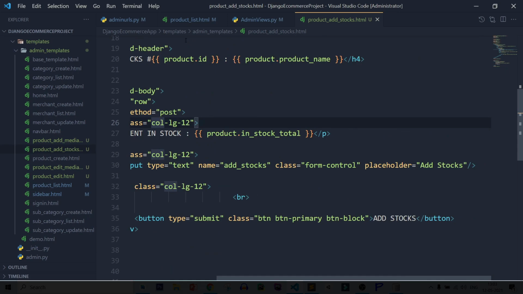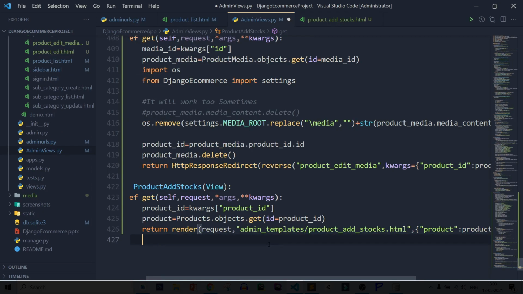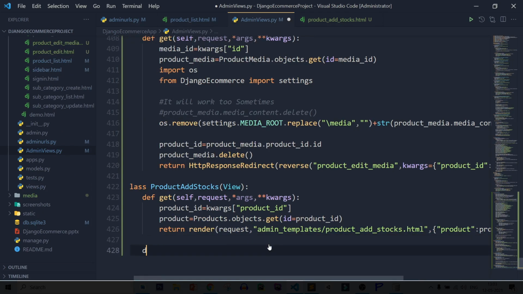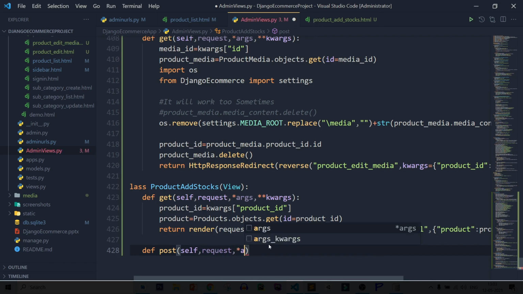So let's see, admin view, in post method, define post, self, request, args, and kwargs.